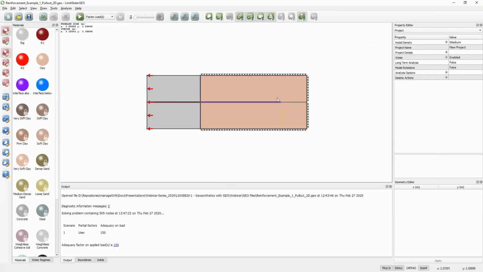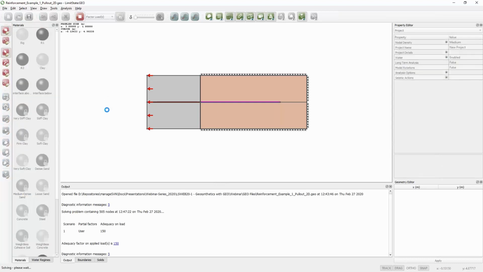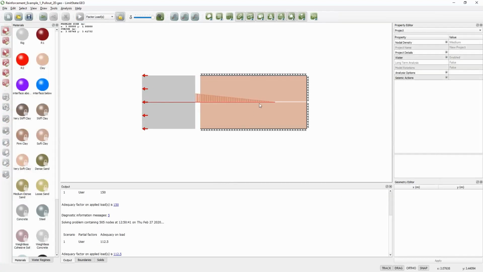If I then click solve on that problem again, it will pull out. This time I build up to 112.5 tensile force at the end, and again that's what we'd expect. Previously we had 150, but that was basically a shear strength of 50 times a length of 1.5, that's 75, and then times 2 for the top and the bottom. Now, instead of multiplying by 2 for the top and bottom, we have to multiply by 0.9 on the top plus 0.6 on the bottom, 1.5,